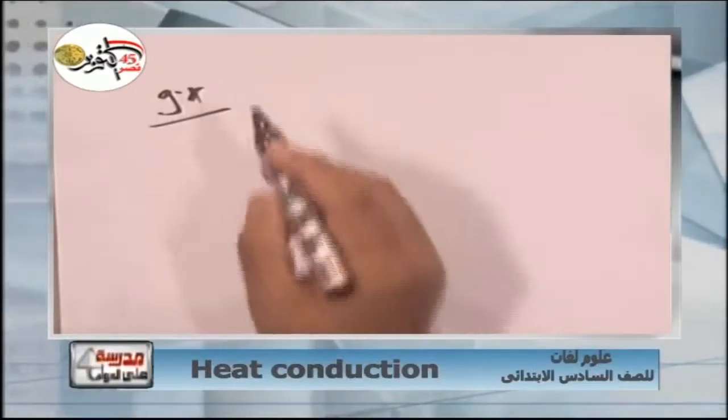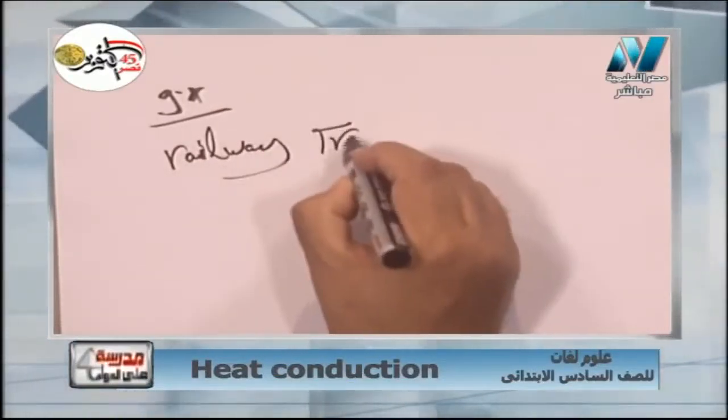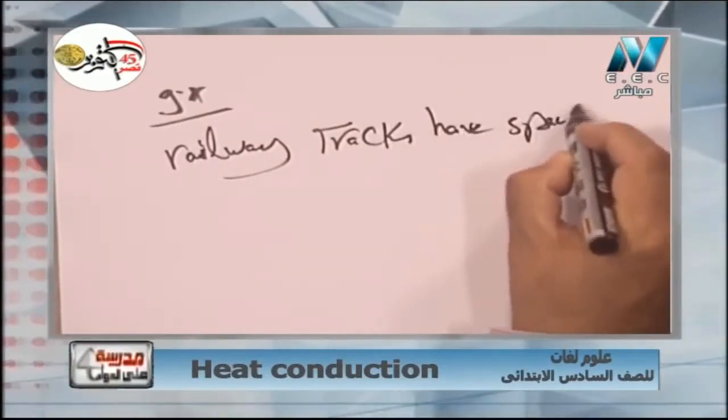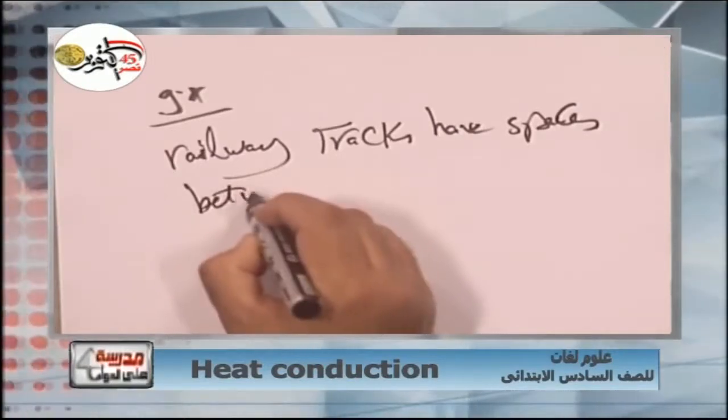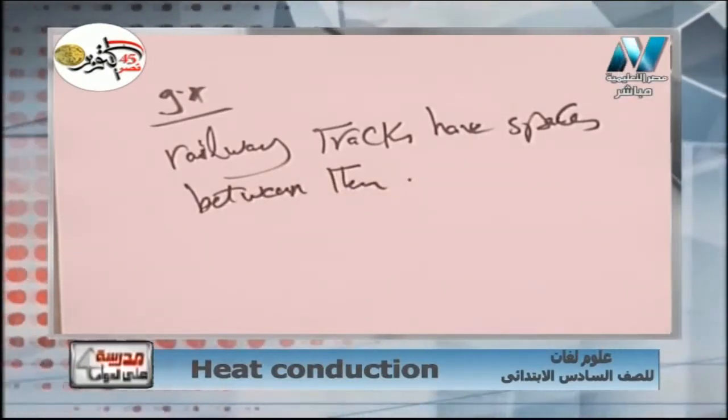ده برضو مكان سؤال حلو جدا في الجيف ريزون. سؤال بيقول لي give reason railway tracks have spaces between them. Let me write this question in quickly. Give reason railway tracks have spaces between them. Why? هقول له